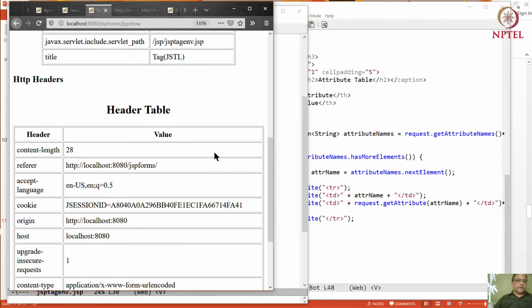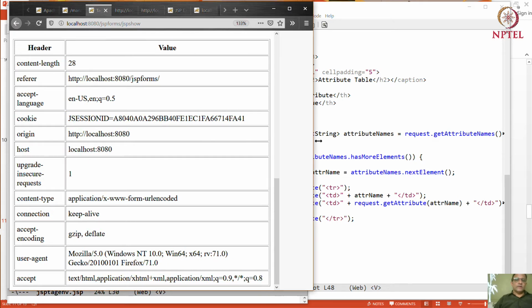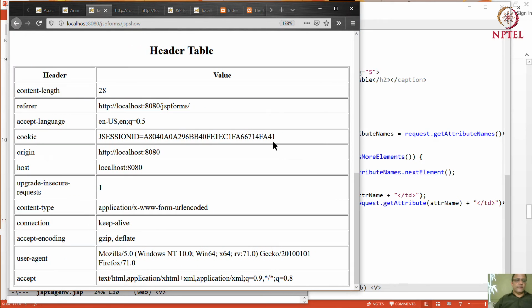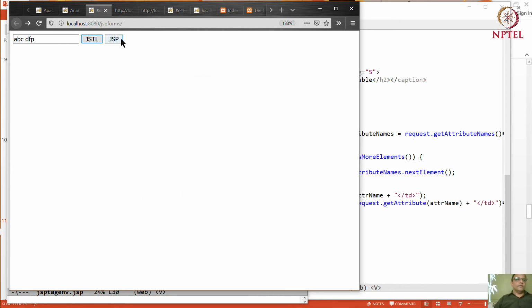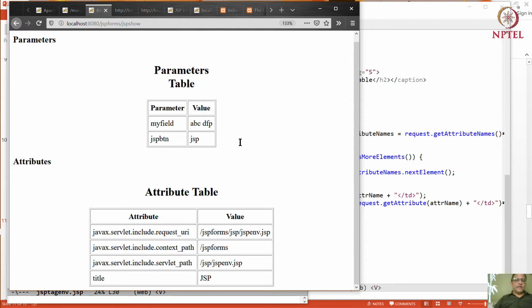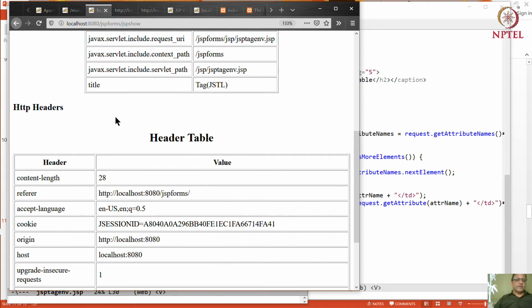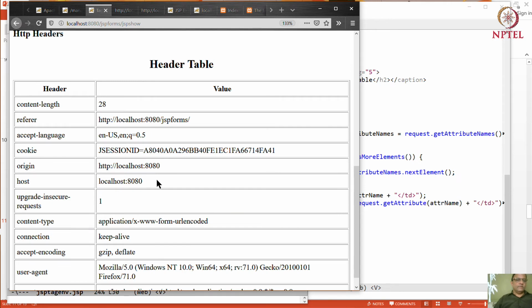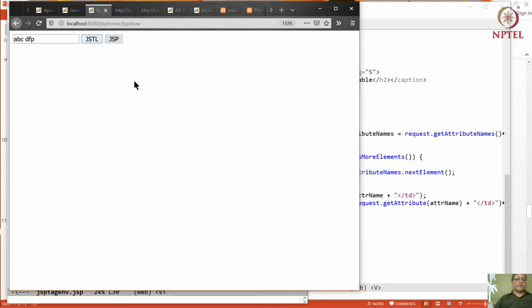And so with the tag library, you can generate these tables very easily. Whereas with JSP, generating those tables was a sufficient pain that I just stopped after parameters and attributes and didn't really bother to do the JSTL style tables with HTTP and all that. But I could have used the same kind of code, as should be obvious to you.